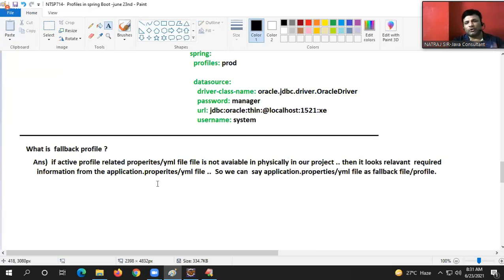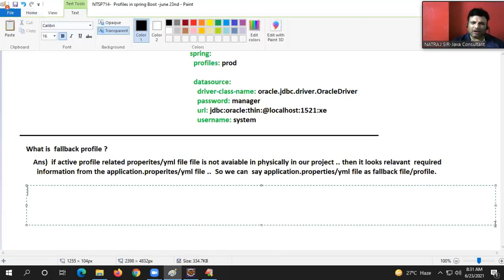See, anything you do in YML is overridden by the properties file. So between YML and properties file, no tension. But I'm talking about among all the 3 things, guys. Understanding my point? Okay. If we activate different profiles